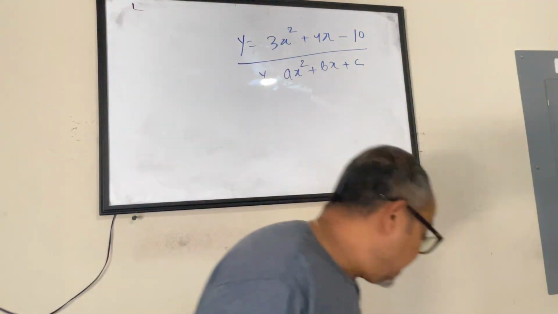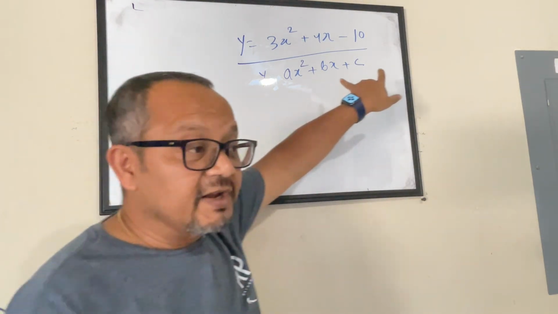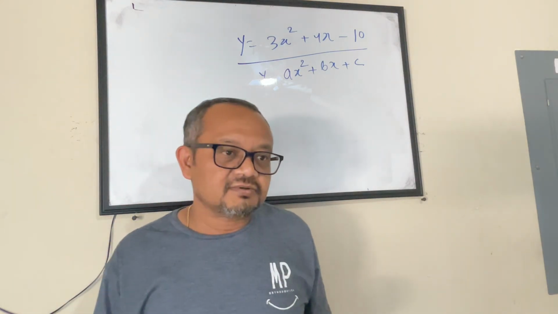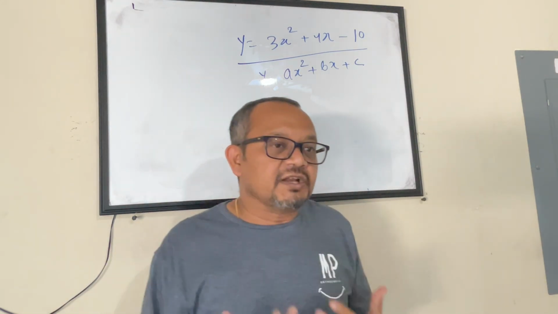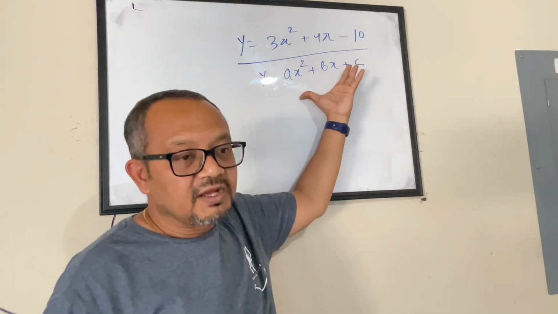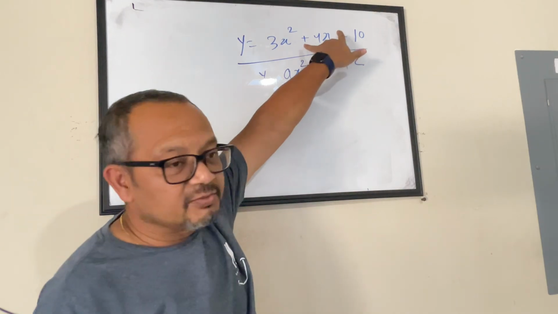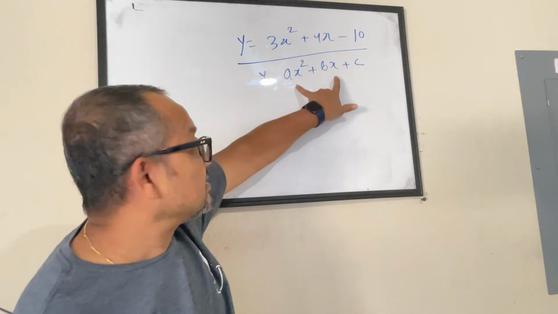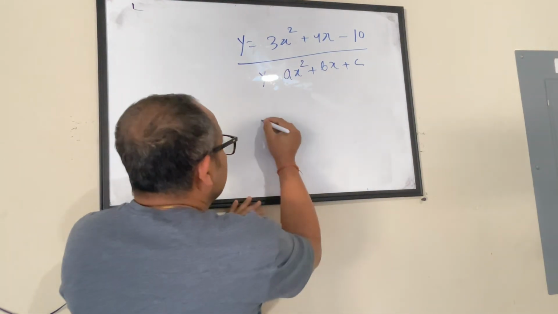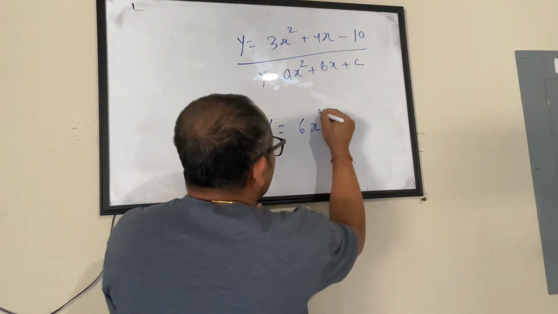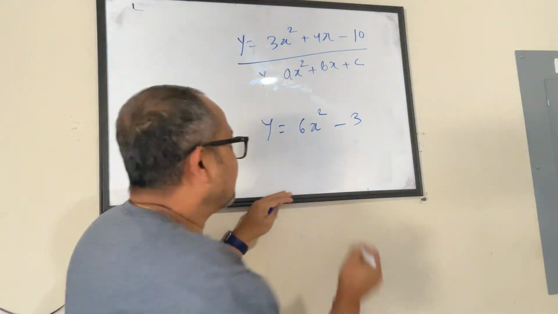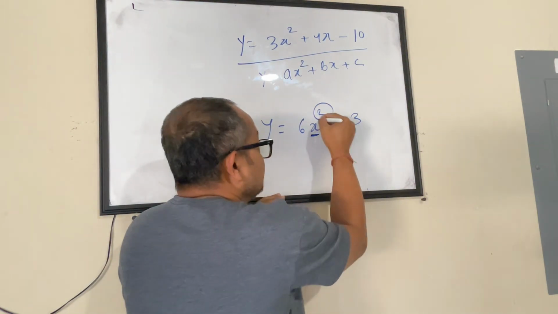Now, when Weber was saying that a is not equal to 0, when you look at any quadratic equation, you can simply try relating that to the standard form. This is the most specific one that we have, but this relates to the standard form. Any quadratic equation will be in this form. It might so happen that you have a quadratic equation which says y equals 6x squared minus 3. But this is still a quadratic equation because the maximum power of the variable is 2.